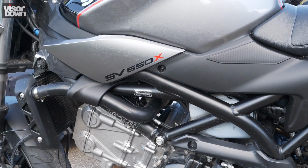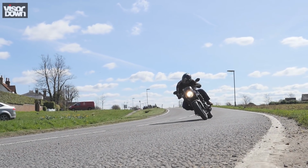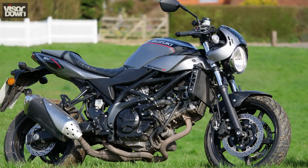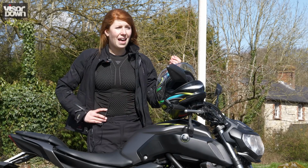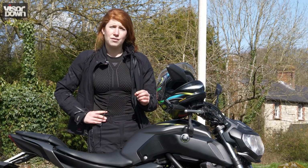Personally, I've never really been a fan of Suzuki's SV650. It's a brilliant workhorse, and you can't deny that it's been incredibly popular over its lifetime, but if a bike was a colour, it'd be beige, because to my mind it's a bit of a fake sports bike, especially when they start putting that bikini fairing on it. And with this cafe racer look, I feel like Suzuki hasn't really made enough effort to make a mark in